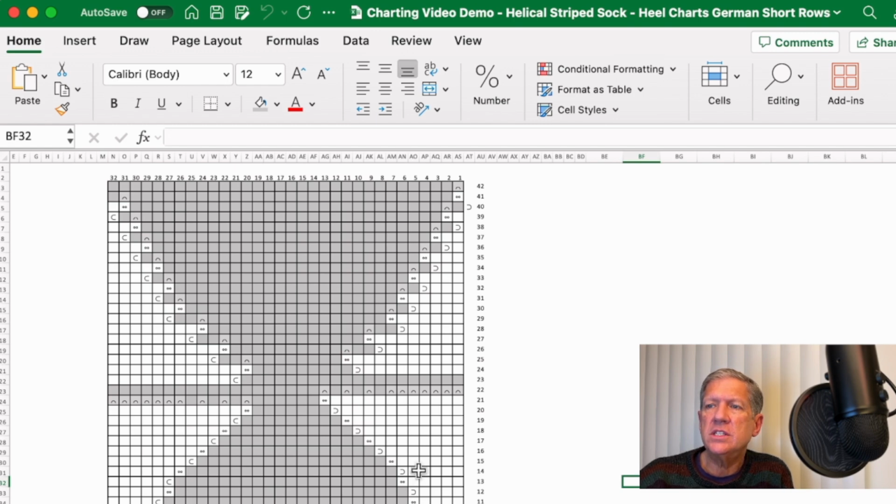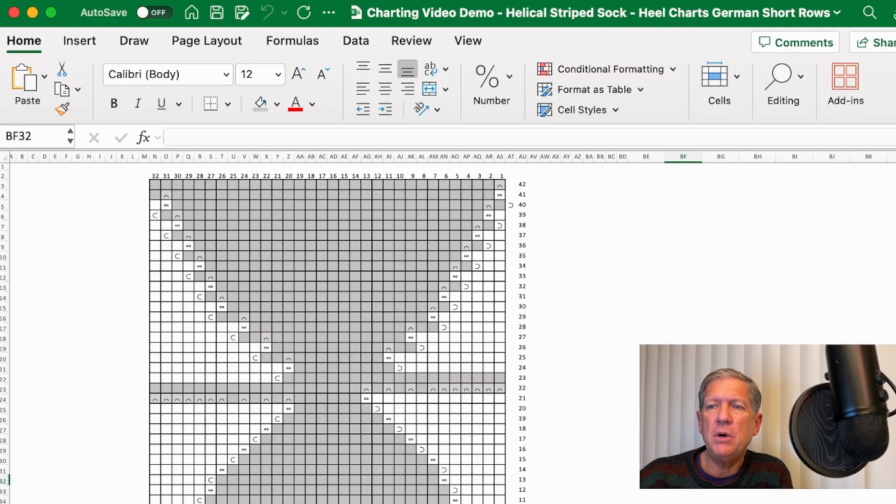I use some of the standard symbols that you can get in most, but I had to create this entire key down here associated with it. The other thing you'll notice is you can't see the grid lines behind this, and that's because when you're generating an image from this, you don't want those grid lines. You only want the ones associated with your chart showing up. And so you have to delete all or not display the other